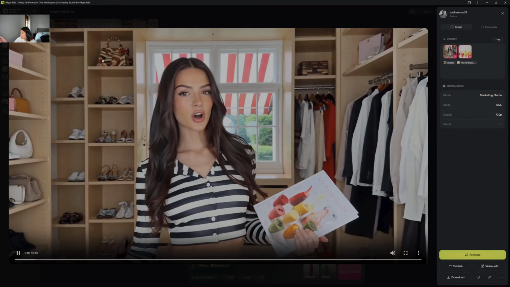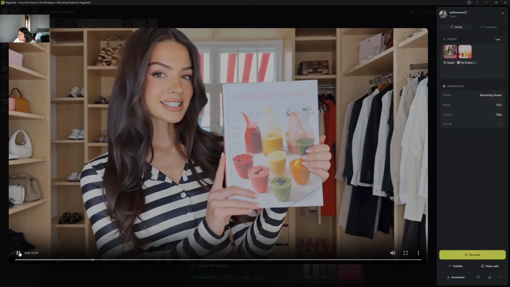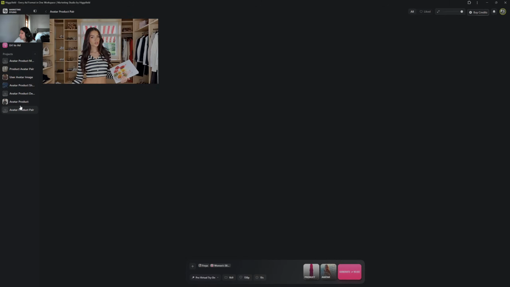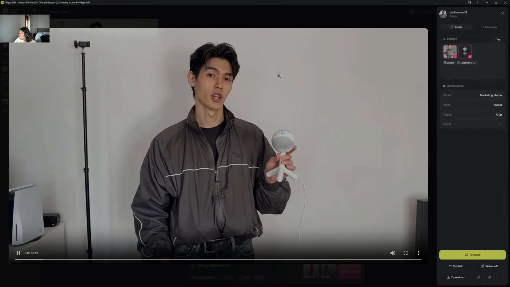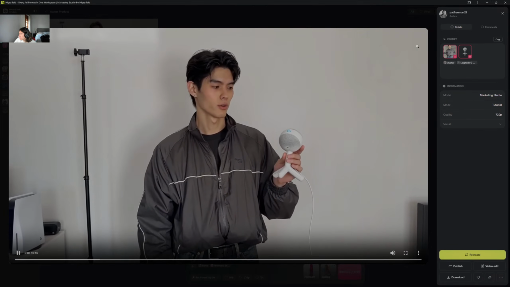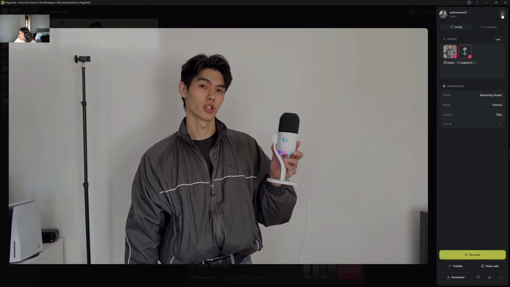Look, if you're doing keto and you're bored of the same old, this is the keto. Look at this. Look how professional this is. Or this. Quick Logitech G mic setup, logo facing you, about a hand width away. Boom.